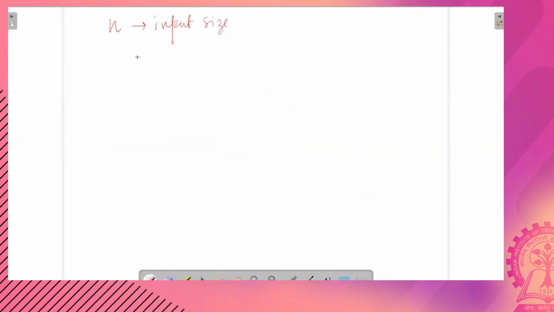So if say n is the input size, okay, we make n minus 1 passes through the for I loop. If you look at the code, it was for I equals 1 to n minus 1. Okay. So we make n minus 1 passes through the for I loop.